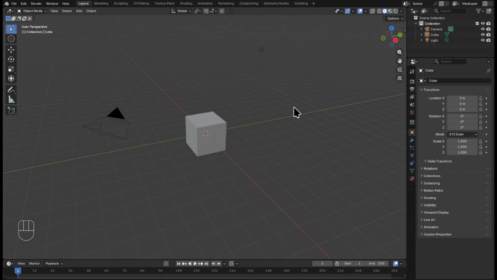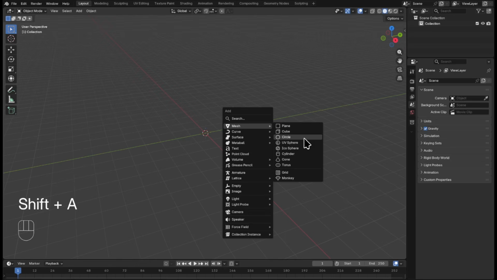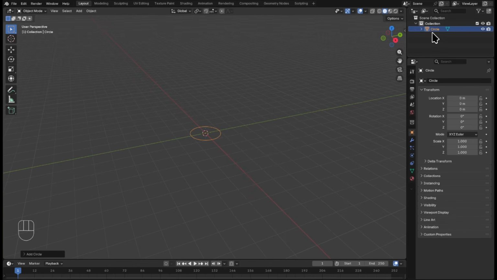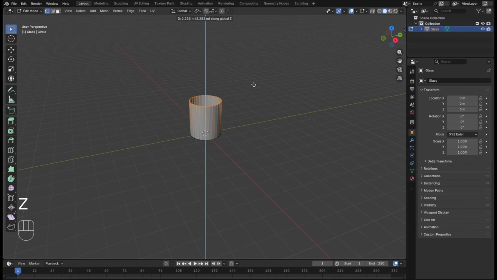First, select everything in the scene and delete it. Now add a circle. This will help keep everything organized, so go ahead and rename it. Go into Edit mode, select the circle, and extrude it up. Scale the top edge of the circle,